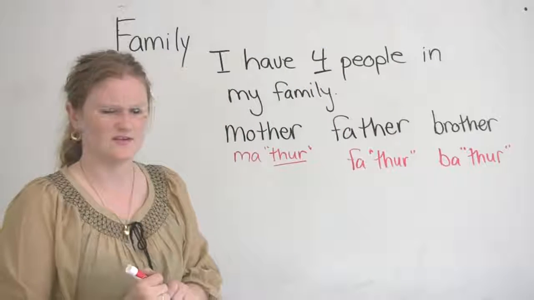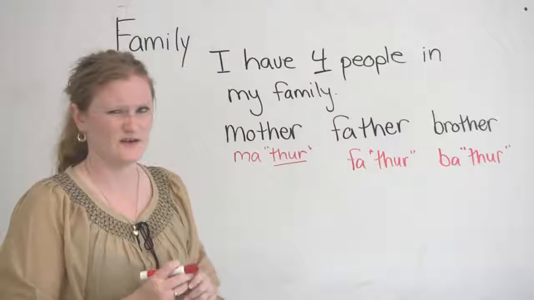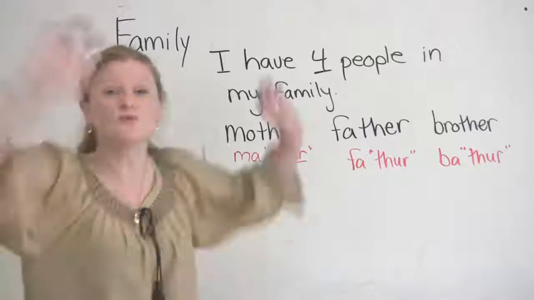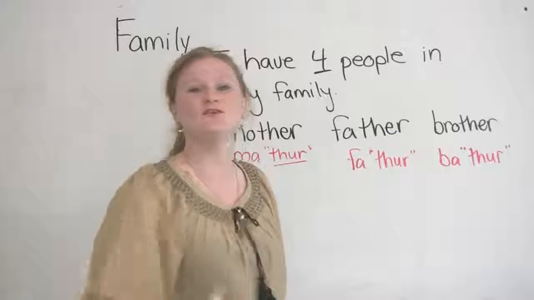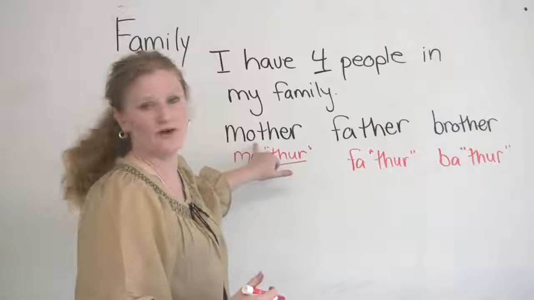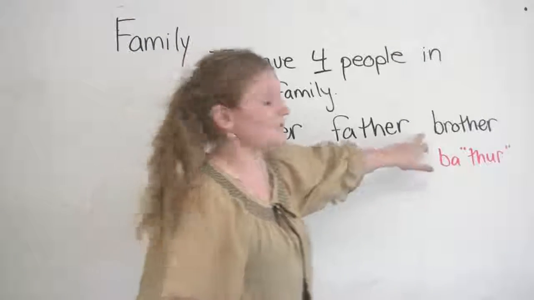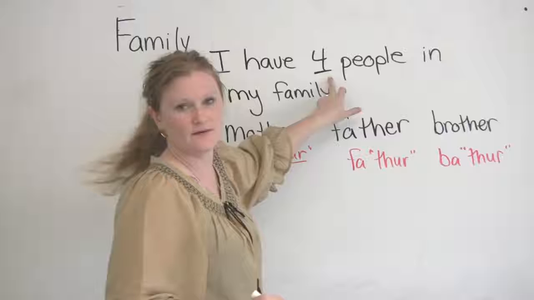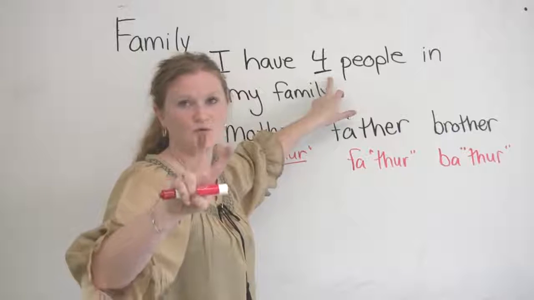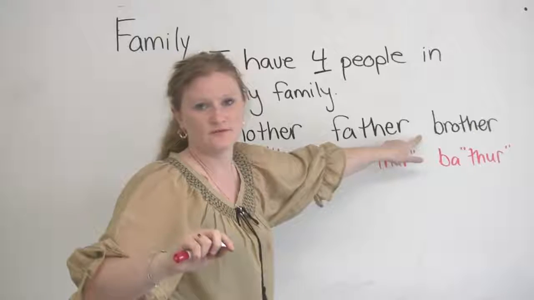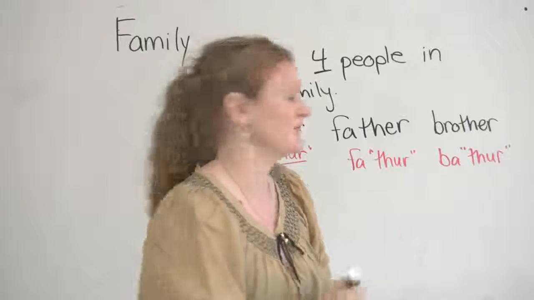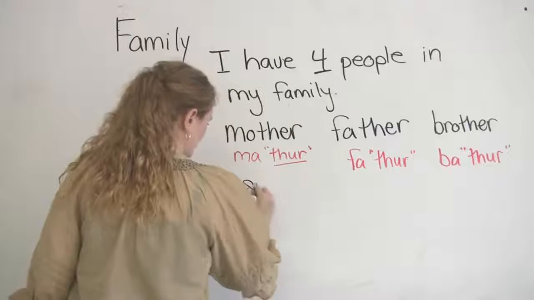So you're thinking to yourself, Ronnie, I know you're bad in math, but I only see 3 people on the board. Don't forget about me. You must include yourself when you're talking about your family because you're part of it. So as you can see, I have a mother, a father, and 1 brother. That equals 4. If you have a bigger family, maybe you have 2 brothers, or if you have a sister or sisters, we need to be careful